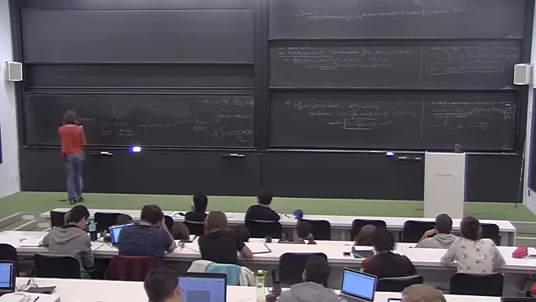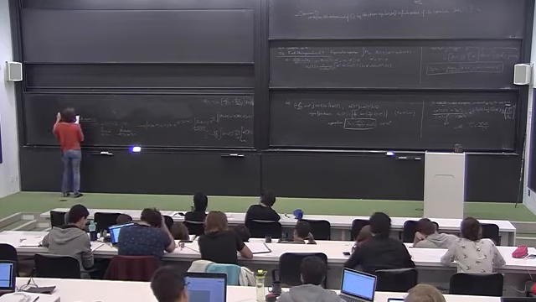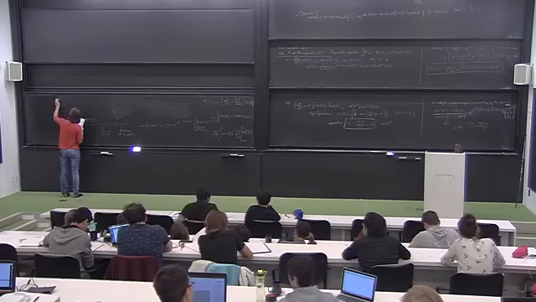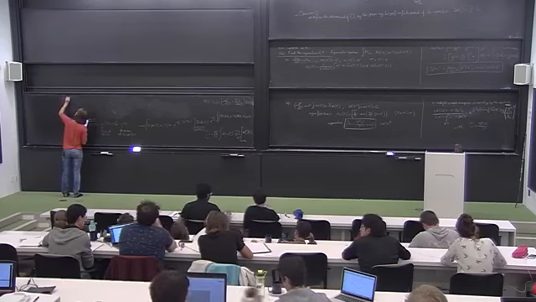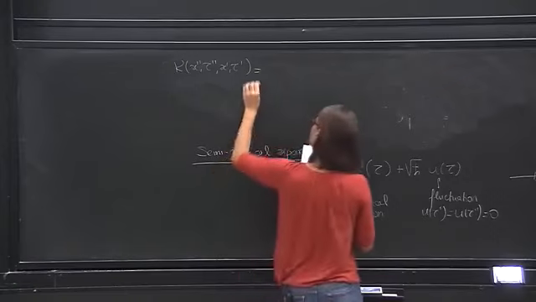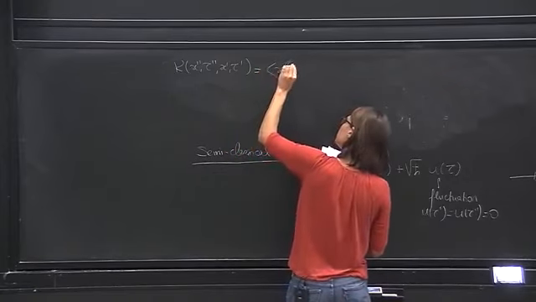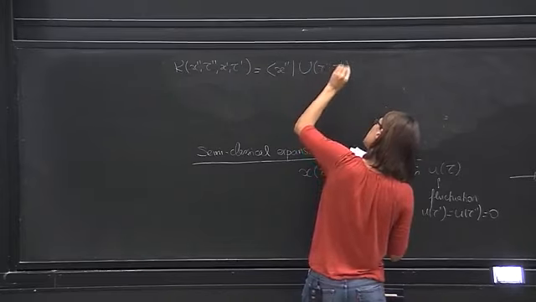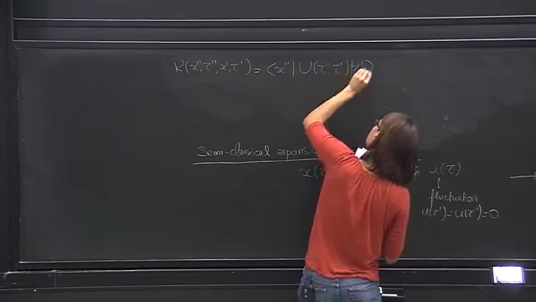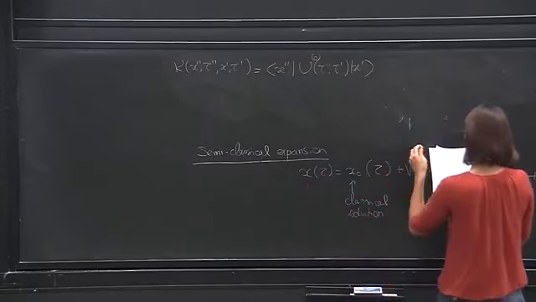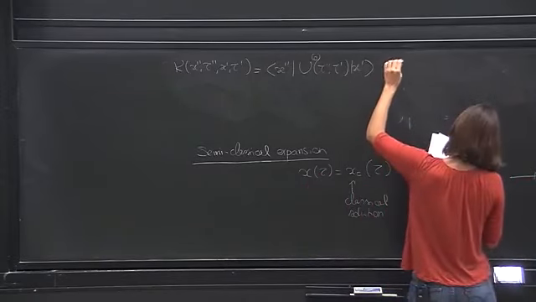So this means now that my propagator, what I call K, is going to be equal to the one for the free particle times